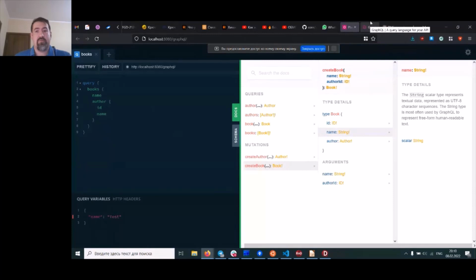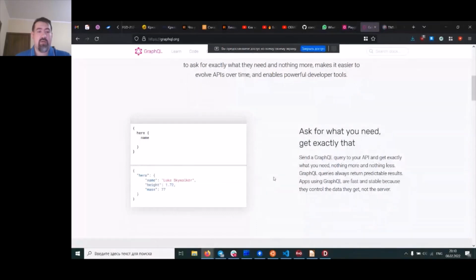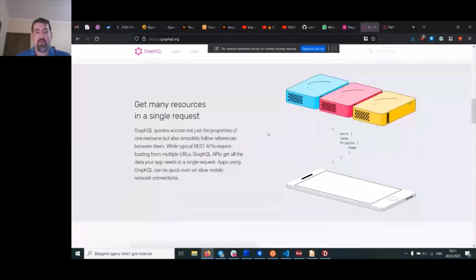If you go to GraphQL.org, you'll see that basically it covers the weaknesses of REST. I have explained it. You are only getting the fields you asked for, and you may get many sources in a single request.